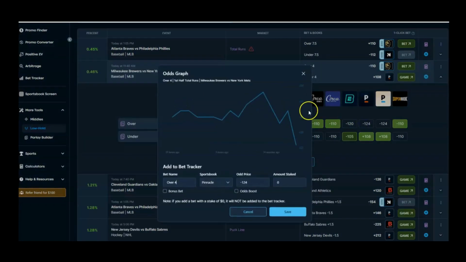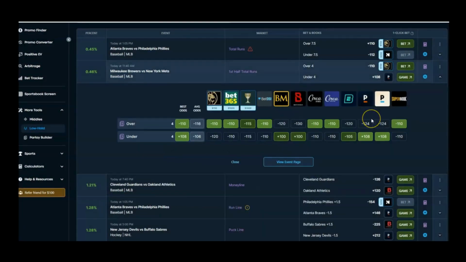They're at minus 124 on that side of things. So if they've gotten a price increase on that side, that seems to be the correct answer to the test. Therefore, this is the best price here, here, or here, or here. They're very sharp, so I'll probably go with a fairly moderate bet size and play it to either one of